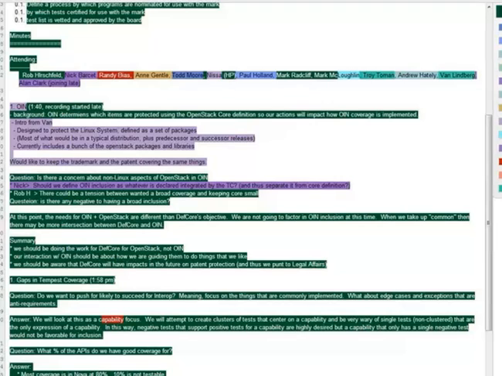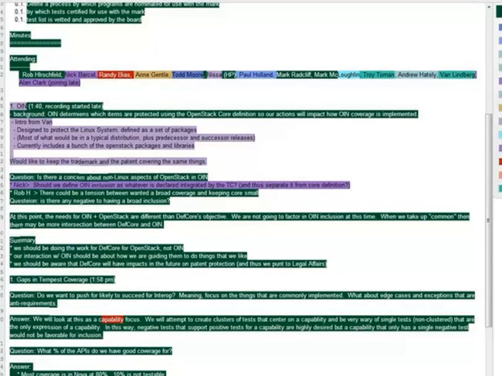So will that be in DefCore as well? It will be, as long as we can map it to a specific capability. In other words, the original scenario tests were the smoke tests that we had at NASA, and we did things like: define a volume, attach it to an instance, write data to it, detach it, attach it to a different instance, read the data, detach it, and delete it.